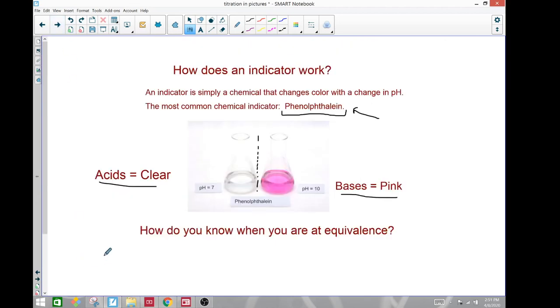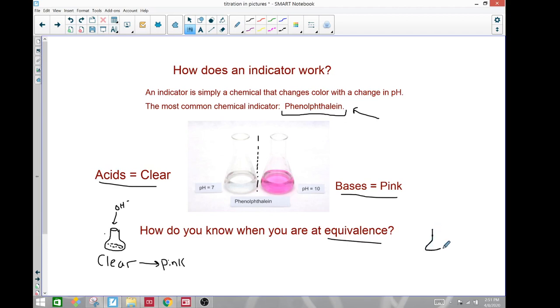So if it's clear, that means your beaker has an acid in it. So it'd be clear, and you're dropping in a known hydroxide. Well, then you look to see when it turns pink. And you wouldn't want to keep going. Any sign of pink that just sticks around, you'd want to stop. At that point, you're awfully close to your equivalency point. But if you're